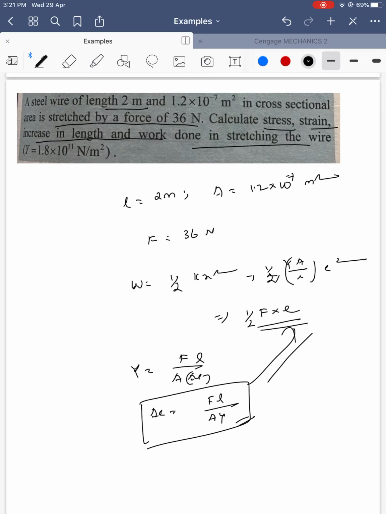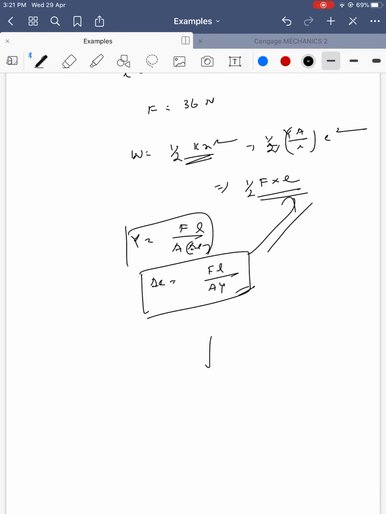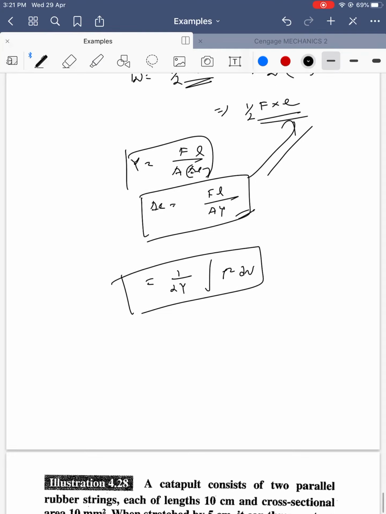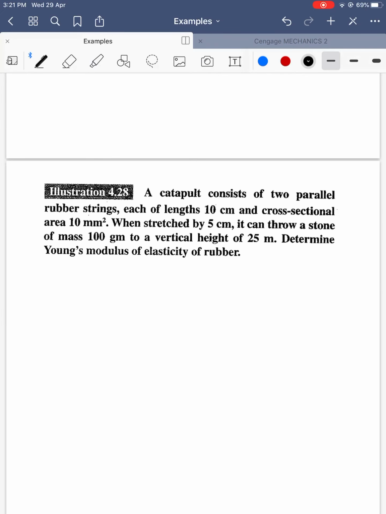No need to memorize the formulas. Understand? Basically, that's what I am trying to say. If you just remember half kx square, all other things come except the integration part. If force is variable or stress is varying, you have to do integral half rho square into dV. It is only in that one case that it's helpful.